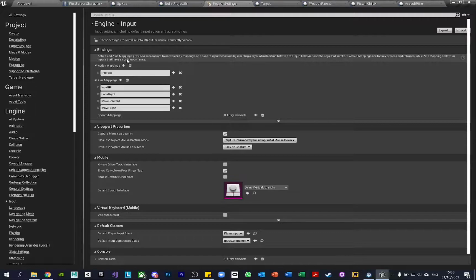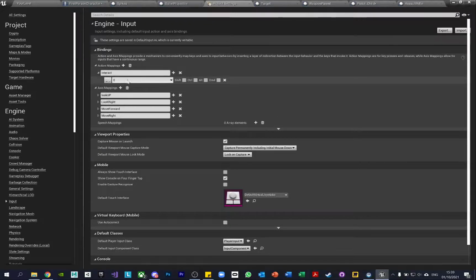So this is something new again. Something I'll probably cover in another video is basically we can bind keys to a certain event name, okay? And the reason that we would do this here is sometimes you're using keys for multiple different things, multiple different blueprints, and if you then halfway through development think, you know what, this key doesn't really work with this interaction, we're going to change it from E key to T key,